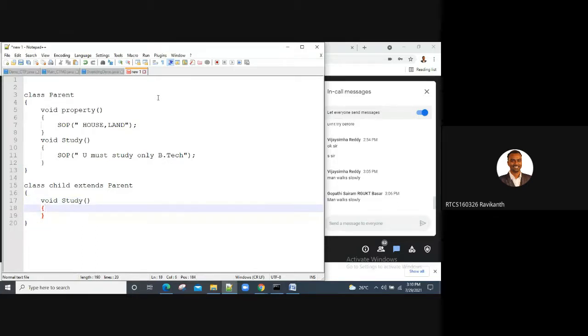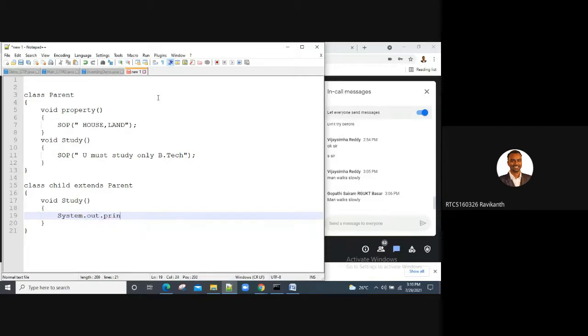But there is a constraint from the child saying, I don't want to do this BTech because everybody is going and doing BTech. I want to be an entrepreneur. I want to be on the administrative side. I want to work on the management side. So the child said, no, I don't want to do this BTech.